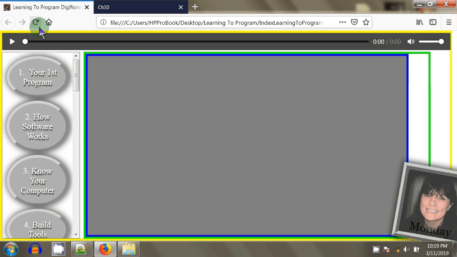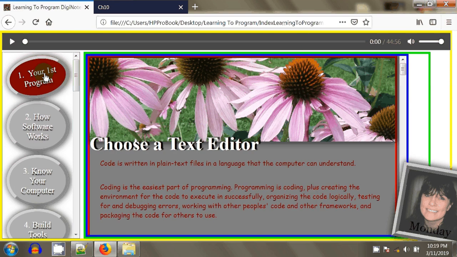Another thing we have is an individual chapter web page. So this is a landing page that gives you, like I said, your navigation, your place to listen to an MP3 up here, and an iframe. And when you click on one of these chapters, it's going to colorize your navigation. It's going to give it a little tilt. It's going to create an MP3 that is basically the reading of this first chapter, and your 1.html web page